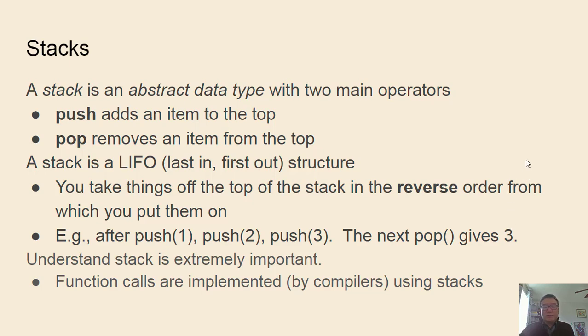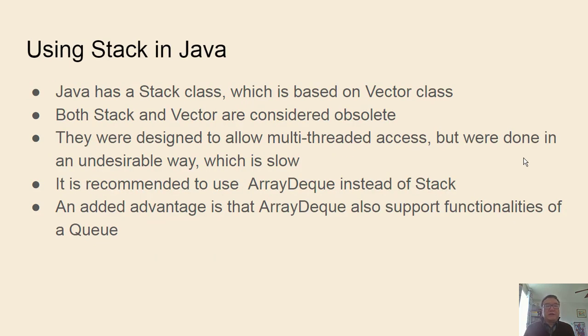Okay, so in Java there is a stack class which is implemented using a vector class, which is an array list, but with synchronization added, so that if there are multiple threads running, they call addition and removal on the same vector. These will be synchronized so that they will not cause race conditions that leave the data structure in an inconsistent state. However,